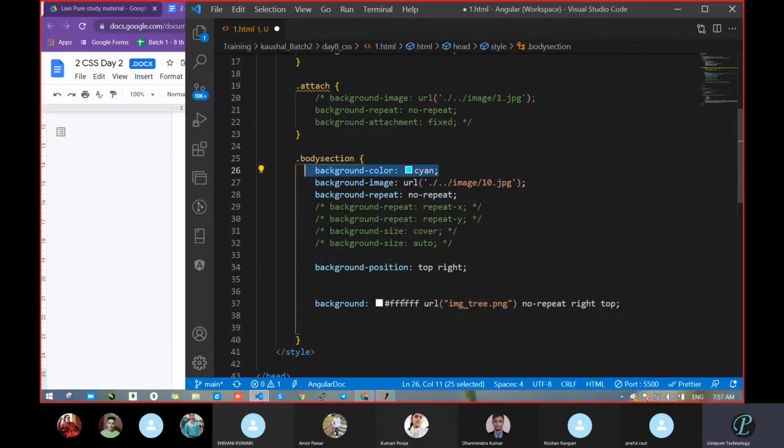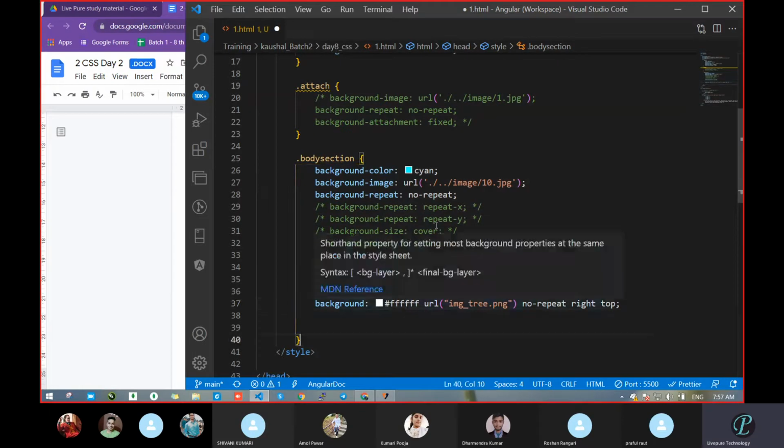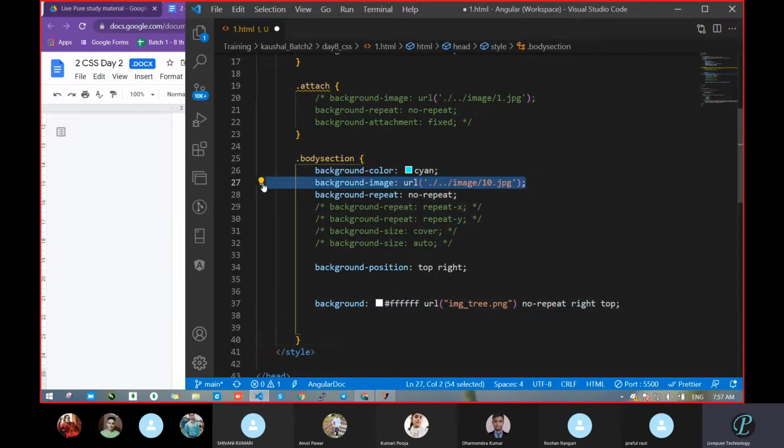Same thing we had done by the exact property background-color. So I will go with this color. Second, URL. What was that URL? The URL was the image. Okay, I will copy this. Just one second. Pass that image. Fine. Then what is this, no-repeat? What is it going to do actually? It stops repetition. So it's going to stop your repetition. What about top? What is this one? This is position. Correct. So this is going to hold your image on the top side.